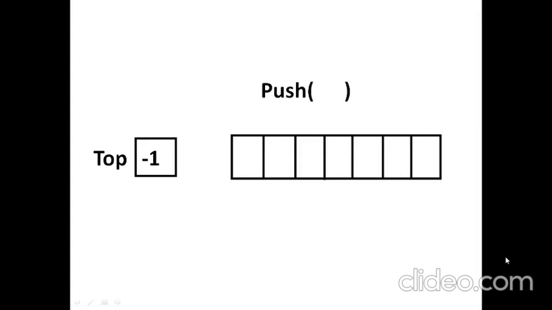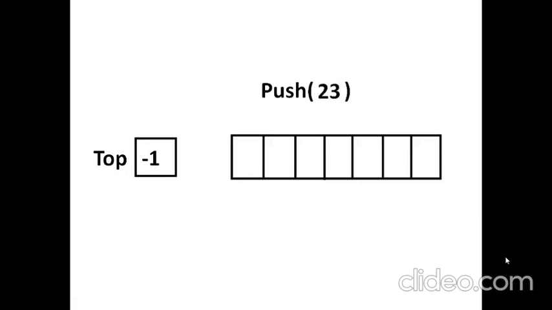Let us assume that there is an empty stack. In such a case, the top is initialized with -1. Remember that from an algorithm point of view, the empty stack will have the top value as 0. But I am considering this in terms of a C programming implementation, because in C, 0 is also an index of an array. So to indicate that the stack is empty, I have lowered the value to -1, so that when it is incremented to 0, the value will be inserted at the first index. So the top is -1.